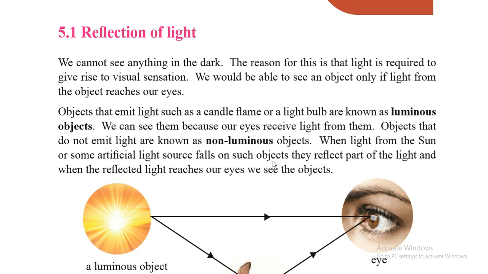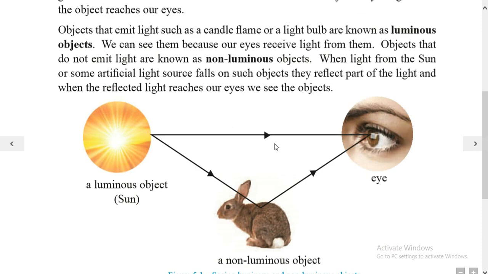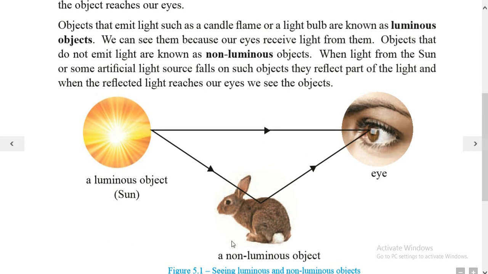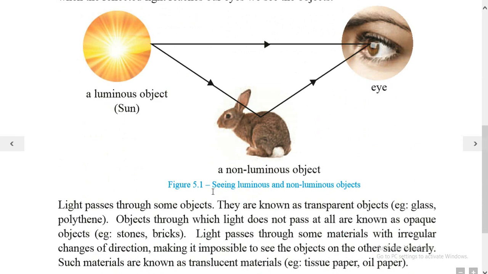Then consider blind people. They do not have a healthy eye, so they enter a lighted room or a dark room, but they can't see the objects in that room. The reason is they do not have a healthy eye. So there are two things we need to see an object: the source of light and the healthy eye. This is the diagram in figure 5.1, how to see an object, with the sun and